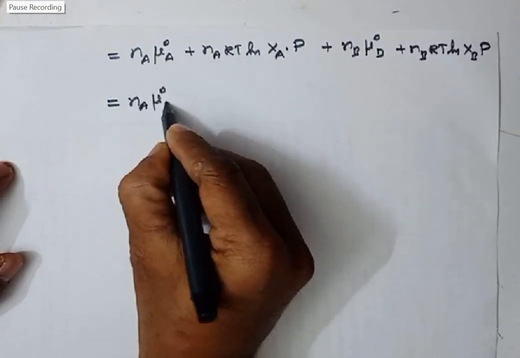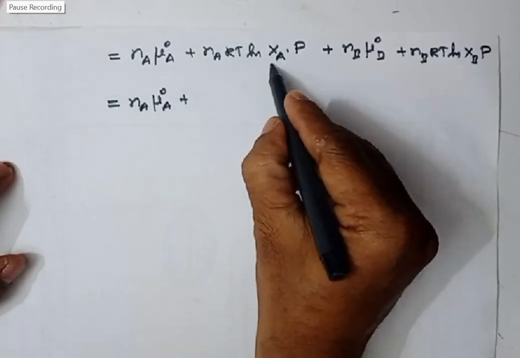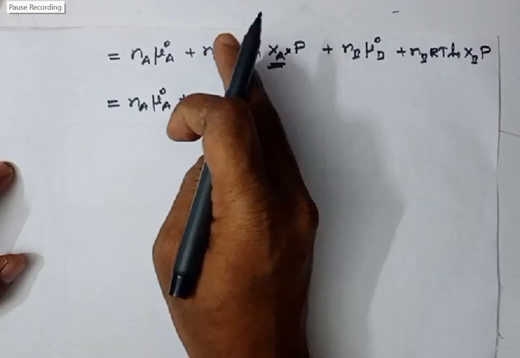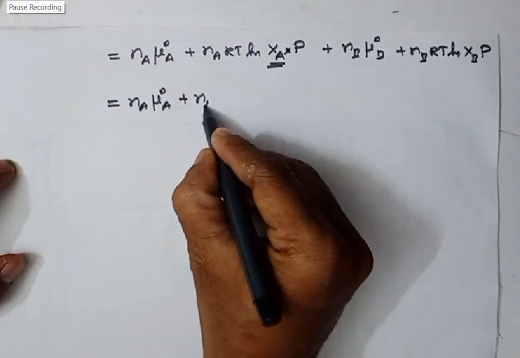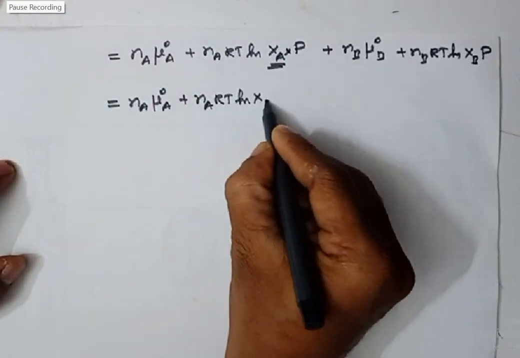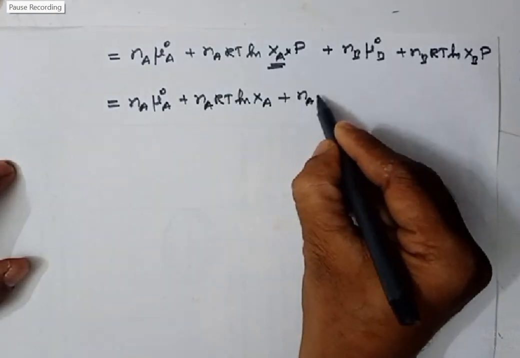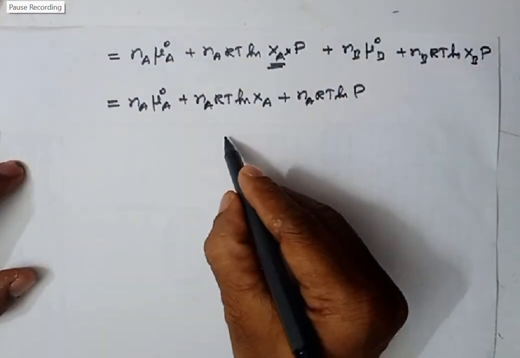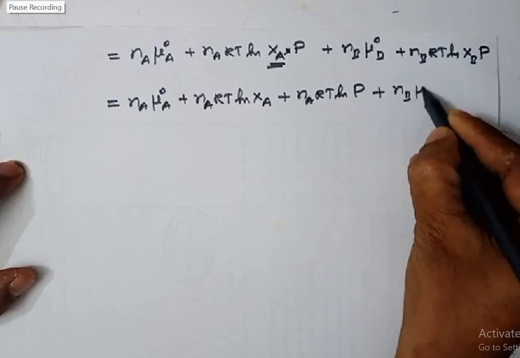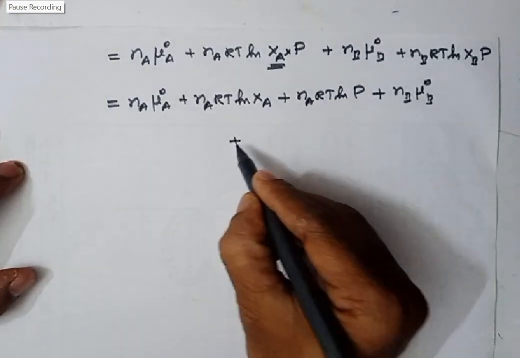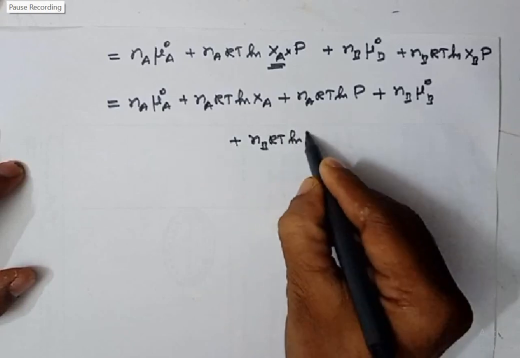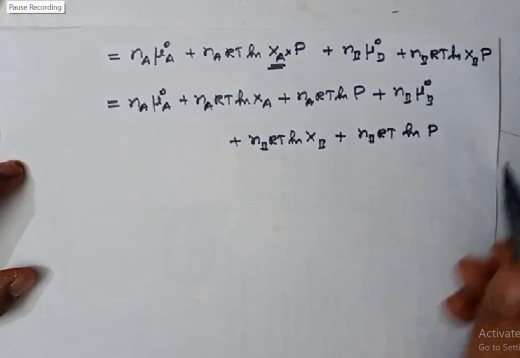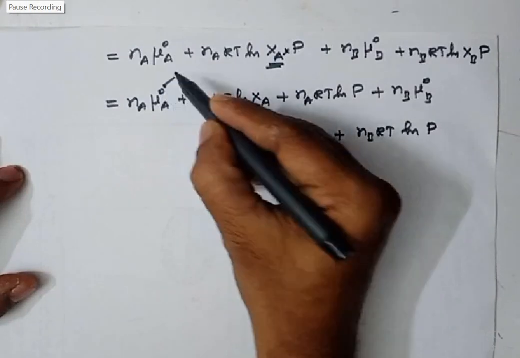Na mu naught A plus here I have XA into P. In logarithm, if you have A into B, we can take it as log A plus log B. So I can separate this into Na into RT ln XA plus Na into RT ln P. Then similarly, I'll keep this NB into mu naught B as such, and here also we can write in a similar manner NB into RT ln XB plus NB into RT ln P. Now listen, I am going to take this term,